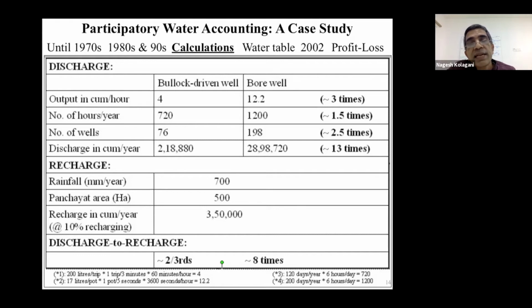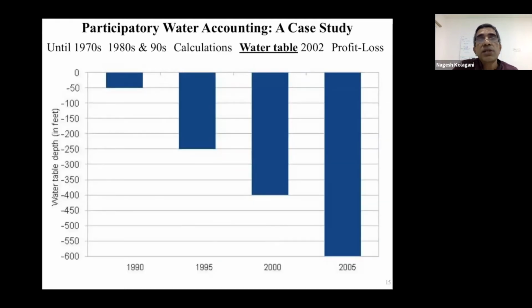That is exactly what happened, and this is what caused the water table to fall from 50 feet to 600 feet. And this is not just failure of rains. That could be a part of the reason, but the more important reason is that for 20 years you have been consuming 10 times more than what you are getting. They kind of knew this, but when they stare at these figures, they tend to appreciate them better.